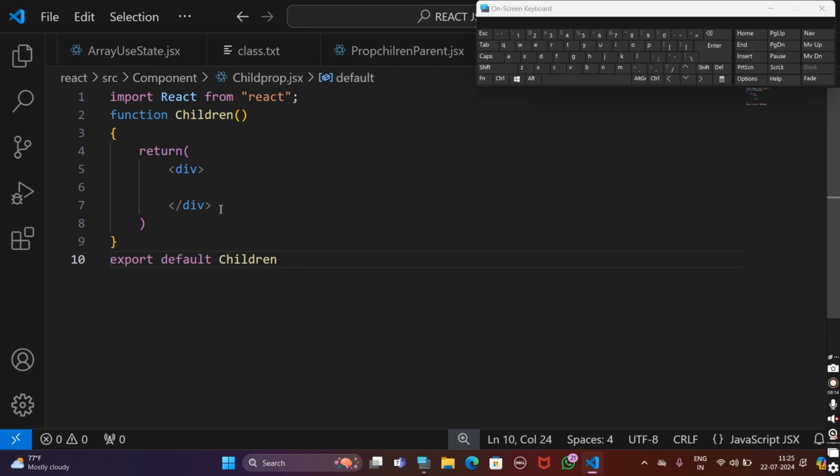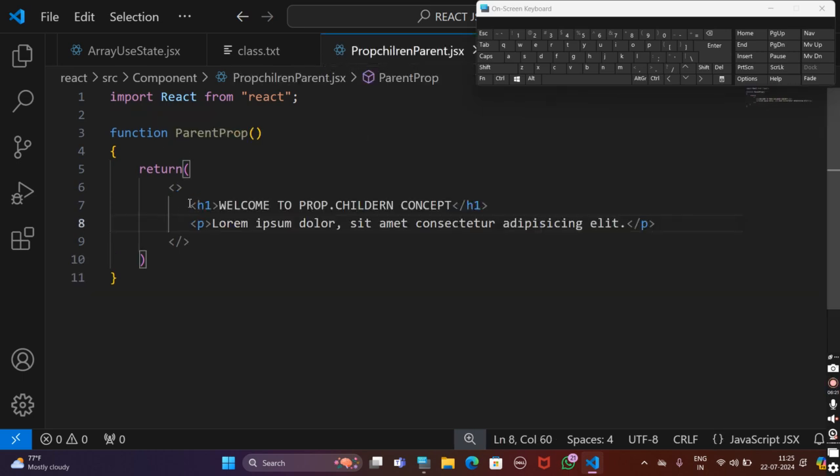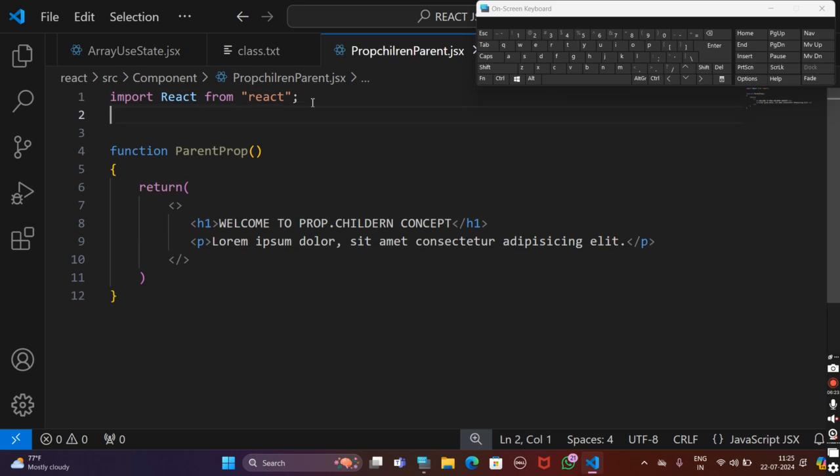Okay, I need to use this one inside of our parent. Okay, now how to do this one? Look at here, I will take it as the import statement of children. Next,